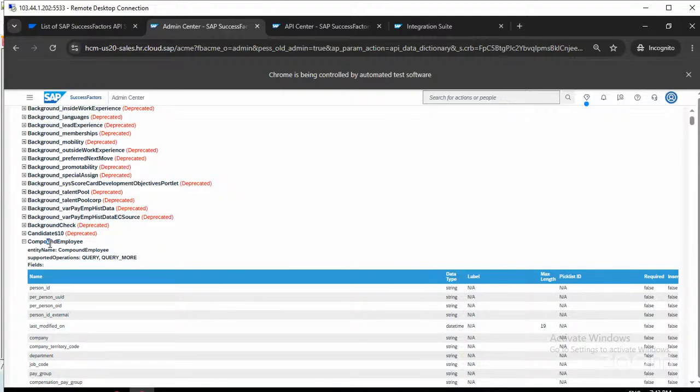For example, in order to get the change records from the SuccessFactors system, if you go with the compound employee API, whatever query we need to write in CI, that